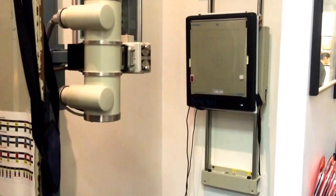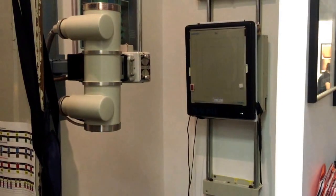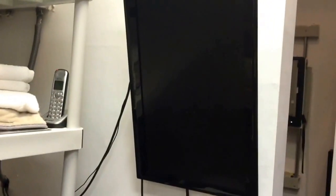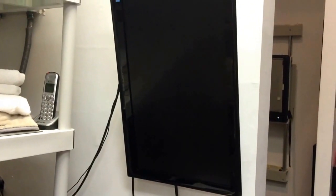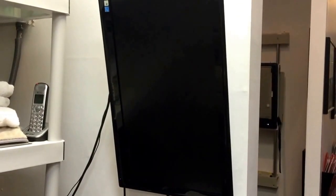So when an x-ray is taken here, instead of the old-fashioned way of having to wait to develop the x-ray, we actually take it here and it shows up instantly on this computer screen. And then we can print it or send it, whatever we need to do with the x-ray. Okay, as we continue down,